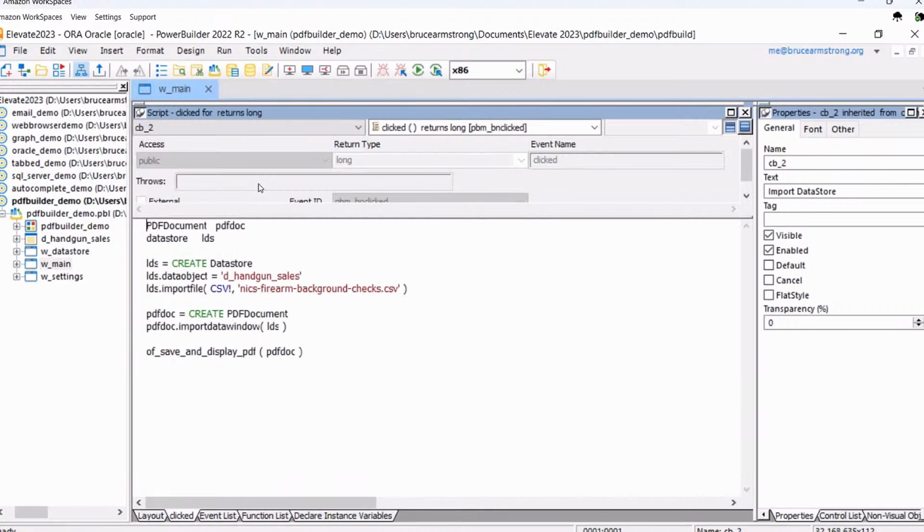This next one isn't necessarily going to use that technique. What I'm going to do here, this is the ability to import a data window child, or a data store into an existing PDF file. So I'm going to create a blank PDF document. I've got a data store here that I'm going to populate with data and then import it into the PDF file. And then once again, save and display it. So what that looks like is